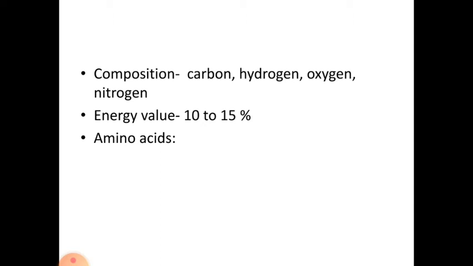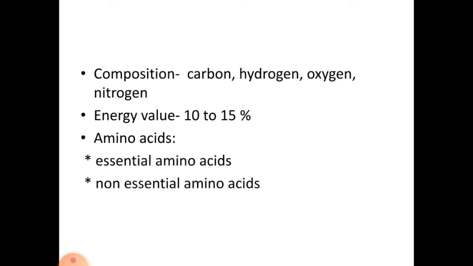Proteins are made up of amino acids. Amino acids are of two types, essential amino acids and non-essential amino acids. Essential amino acids are those which cannot be synthesized by the body in sufficient quantities for growth and maintenance, and therefore they must be supplied as a part of the daily diet. There are 8 essential amino acids. The non-essential amino acids can be synthesized by the body. There are 12 non-essential amino acids found in proteins. The higher the presence of amino acids, the greater the quality of proteins.